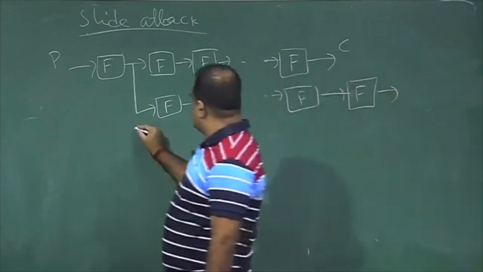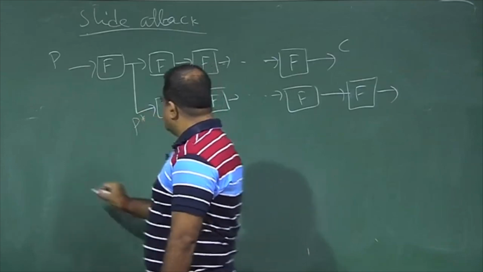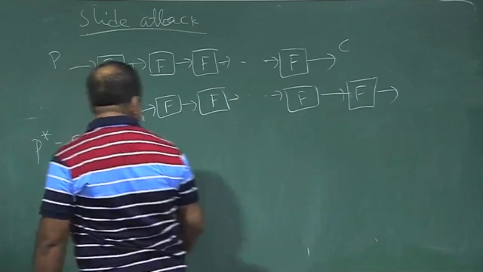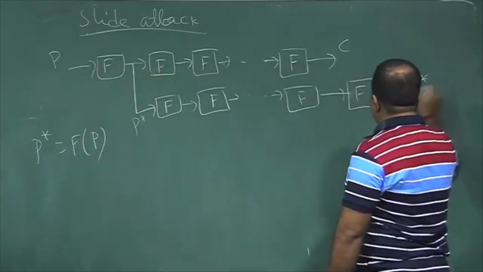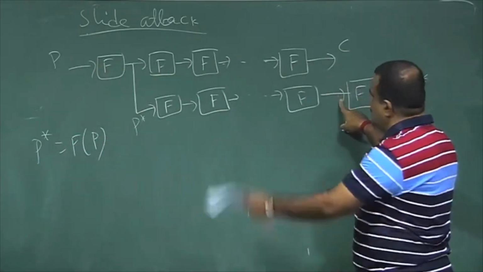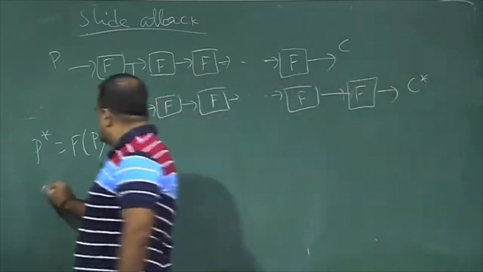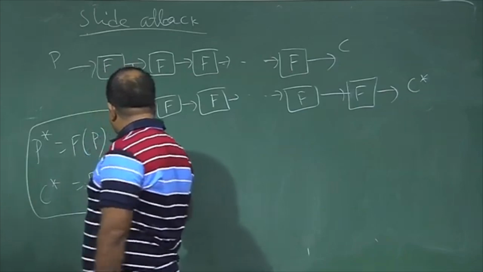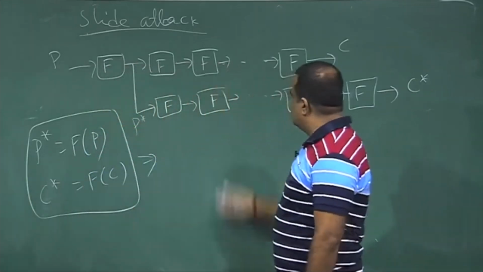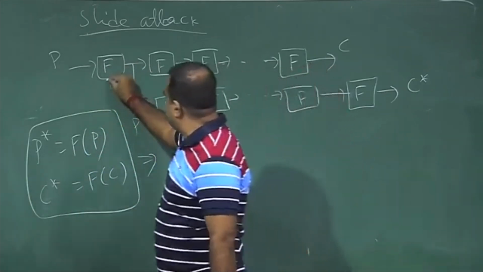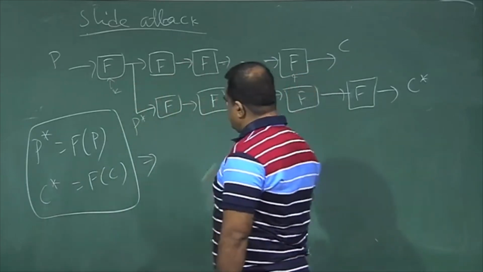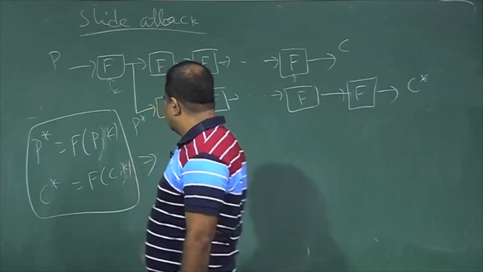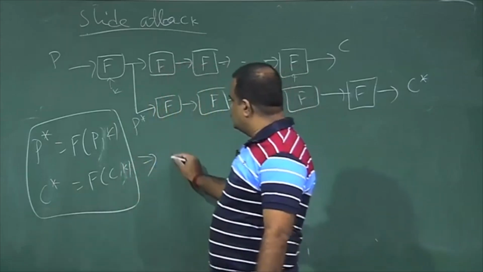If we denote this by P star, then P star is f of P, and C star is f of C. We assume the same key k for all rounds. From these two equations, if we can solve for k,